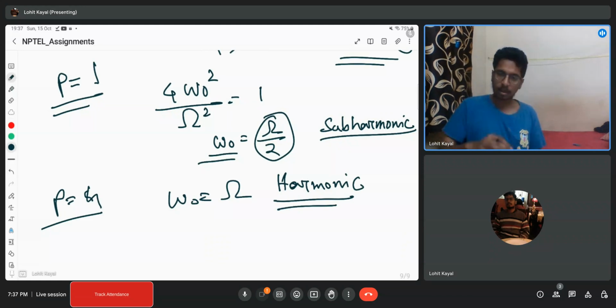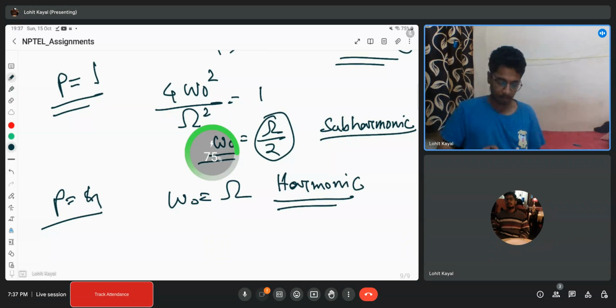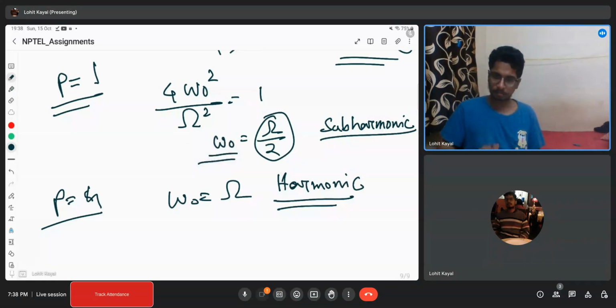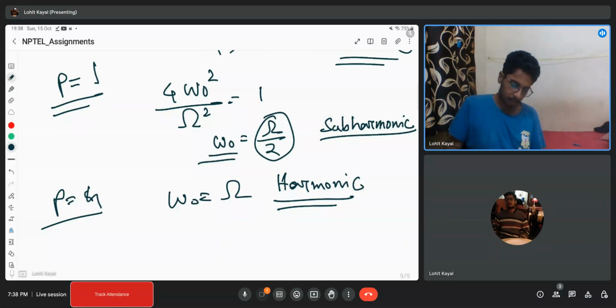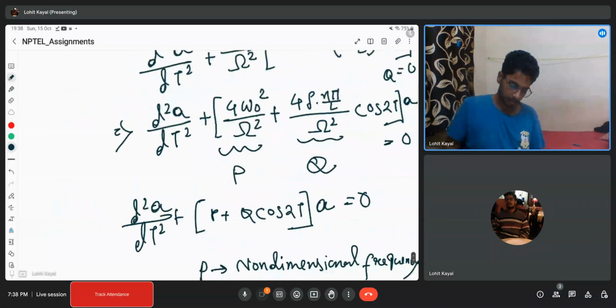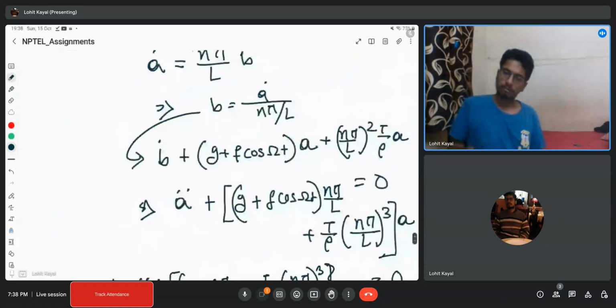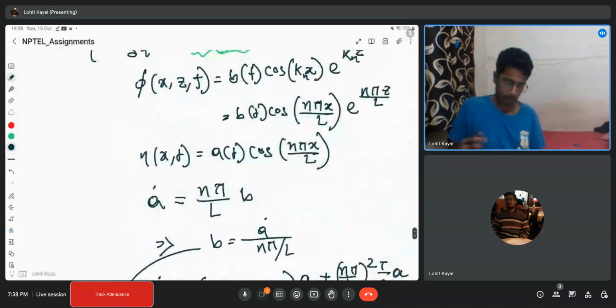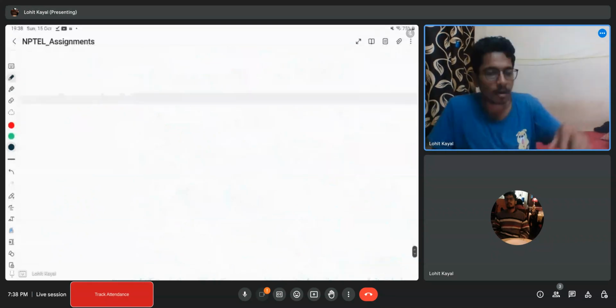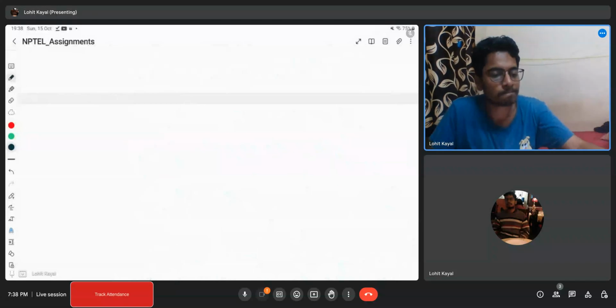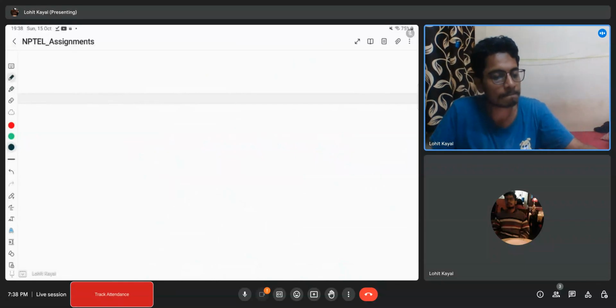Now, for this case also, the system will be unstable. I will not show it, but you can derive that. So this is the case of Cartesian geometry, right? Now let us do it for the cylindrical geometry. For the cylindrical geometry, we will have